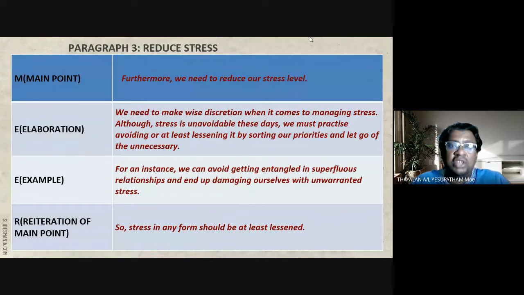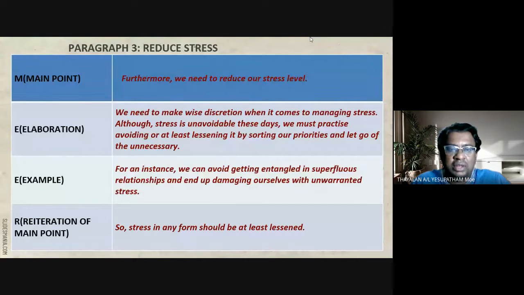Paragraph 3, reduce stress. Furthermore, we need to reduce our stress level. We need to make wise discretion when it comes to managing stress. Although stress is unavoidable these days, we must practice avoiding, or at least lessening it, by sorting our priorities and let go